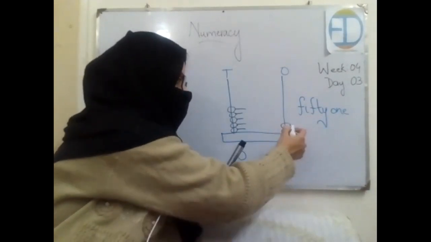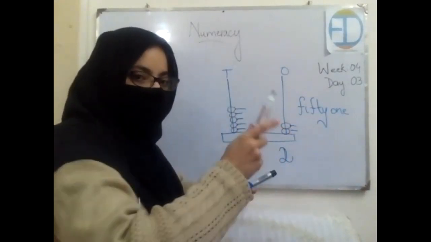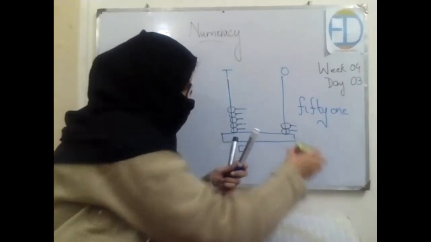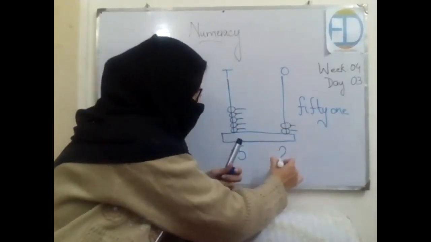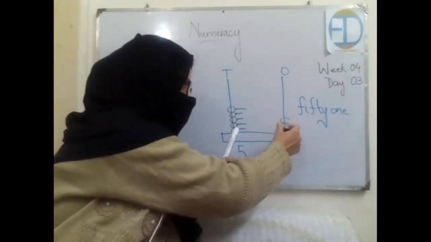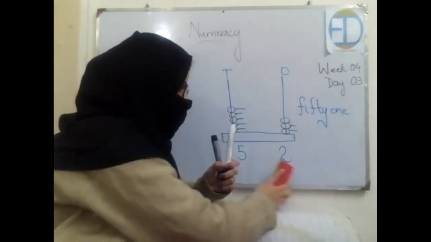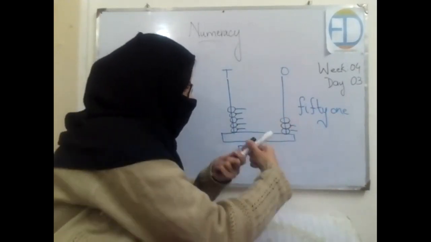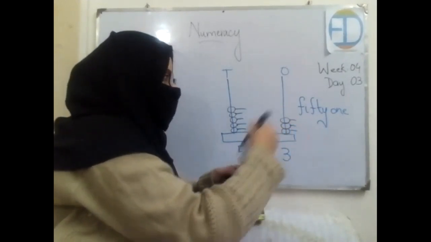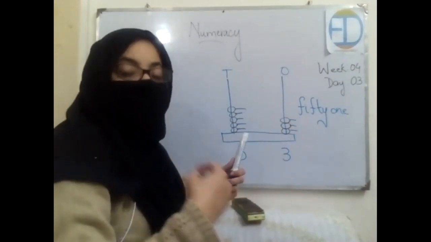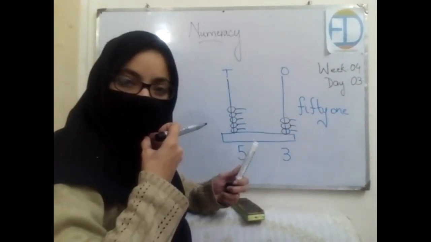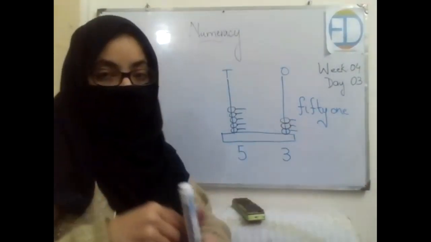right? Okay, you are supposed to write the number again. Don't make your 1 and 2 as I have made it, okay? So let me write it again. It's 52, right? Now, if I add one more bead over here, it would become 53, right? And similarly, if I add one more, it would be 54, then 55, 56, 57, 58, and 59. Got it?